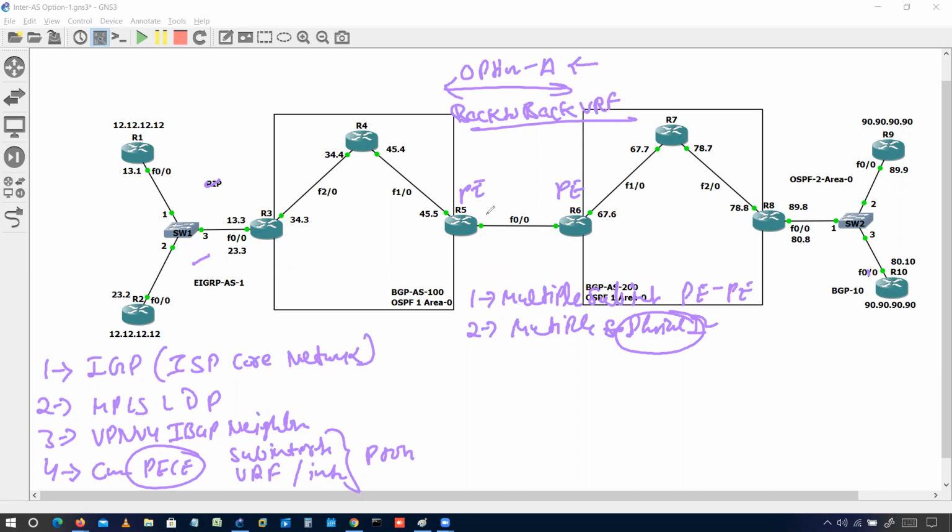So what I will configure here, F0/0 with 0.1.2.1.2. We'll configure some VLAN here. We'll assign some VLAN, and then I'll put these interfaces into a different VRF. So basically what is happening here, in this back-to-back VRF, we need one link per VRF, or we can say we have VRF